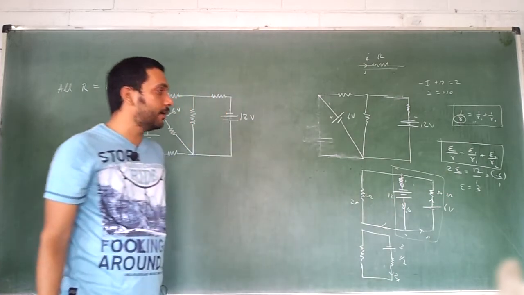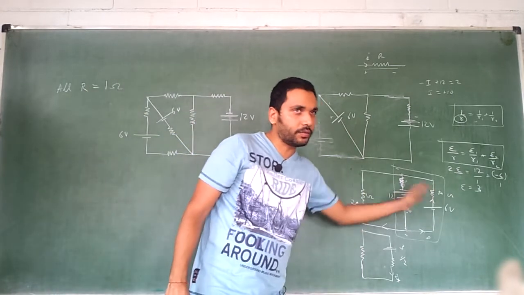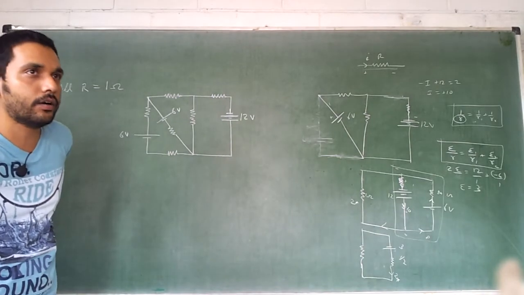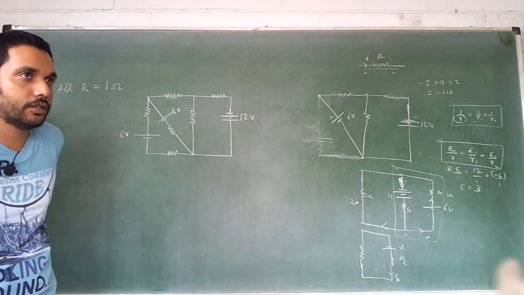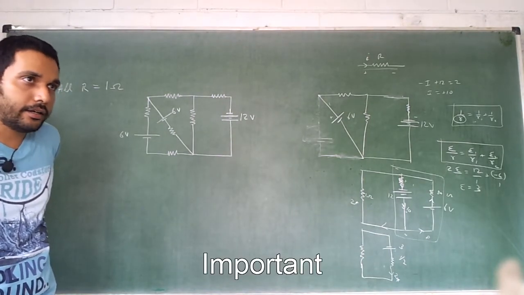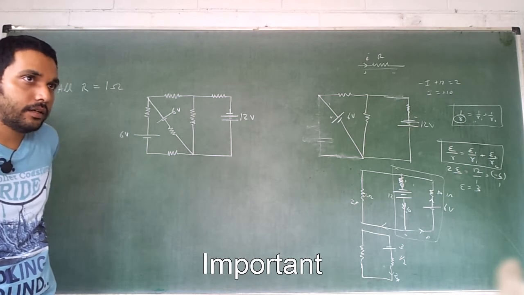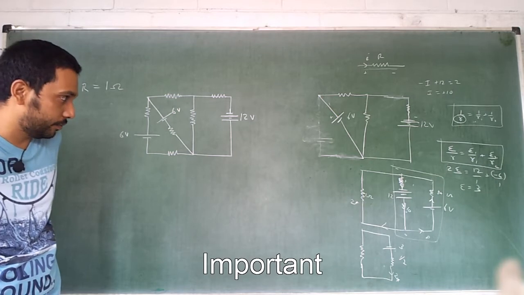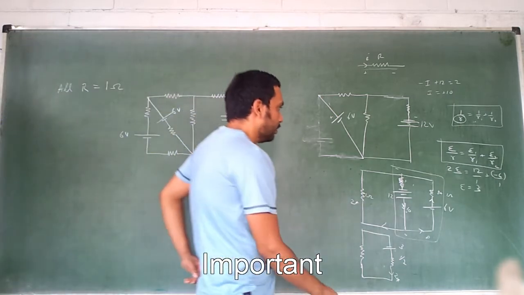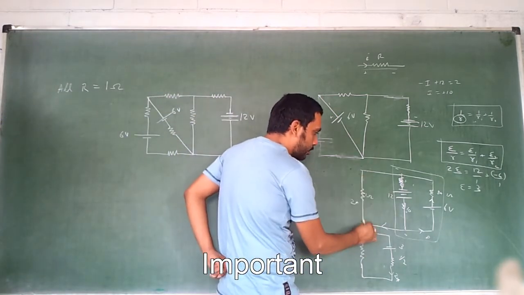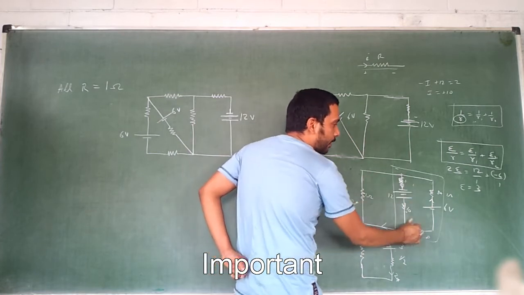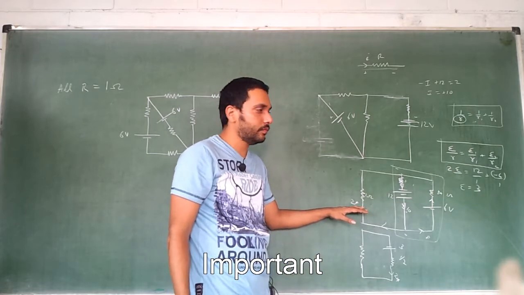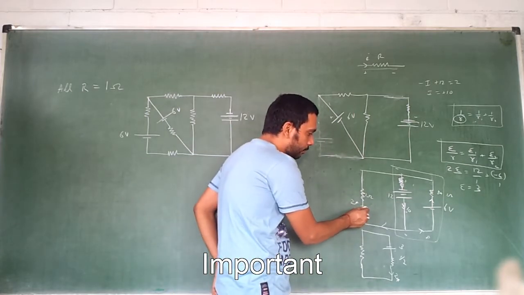You will be finding the total current supplied by the bunch of the batteries outside. You find the voltage outside and then try to find out the voltage across each. Is it clear? Now interesting thing is, you can do one more thing. You can consider this to be a battery, this to be a battery, this to be a battery. Suppose there was a battery over here. Suppose you had a battery over here.